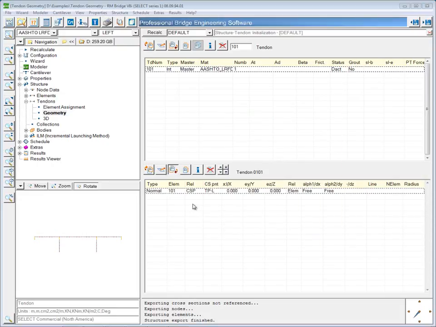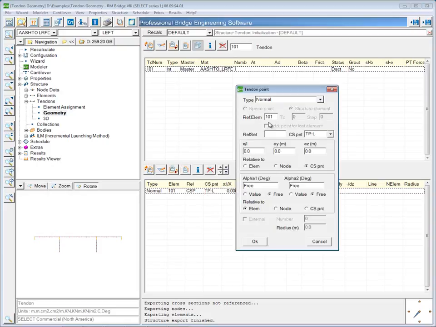So far, everything has been very similar, at least in the tendon geometry setup, to the way it was with method 2. However, with method 2, what I ended up doing then was defining the next point and referencing it to a geometry point at the bottom of the web. Here, I don't have to choose a point at the bottom of the web because this geometry point is actually going to move to the bottom of the web over the length of the bridge. So I can actually just copy this point, and all I'm going to do is change the element number to 104,